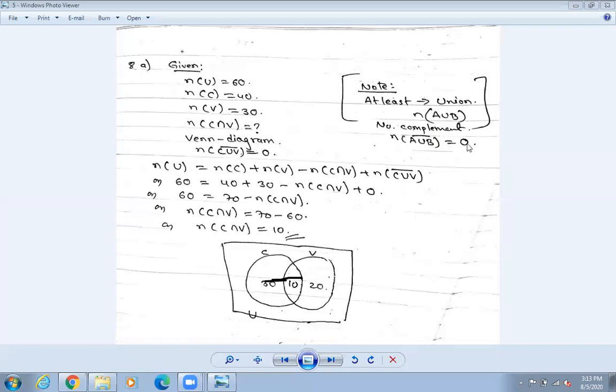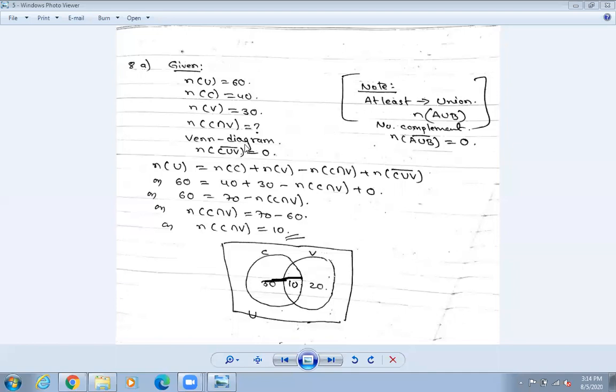That means complement equals to 0. है, complement के छ अरे 0. त्यो एटलिस्ट भनेको युनियन, युनियनमा के हुन्छ त भन्दाखेरि सो कम्प्लिमेन्ट के हुन्छ 0 हुन्छ. Remember that one. Okay, so NU is 60, NC क्रिकेट खेल्ने 40 जना, भलिबल खेल्ने 30 जना. At least they are playing one of the game. Okay, that means if they are playing at least one game, that means complement equals to what? Complement के हो 0. That you need to write on yourself, right? This is the logical question. So at least means the complement is 0.